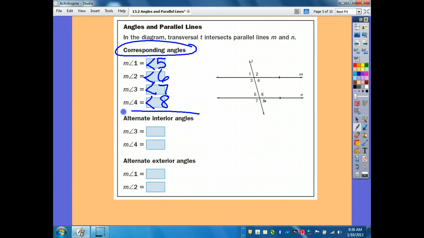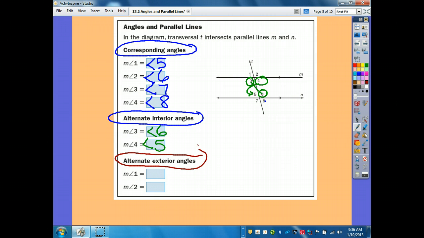Now let's do the alternate interior angles. Alternate interior to 3 would be? 5. Ooh, 5 or 6? 6. I would go with 6, absolutely. Alternate interior would be angle 6. So then to 4, it will be angle 5. Perfect. Now the alternate exterior,